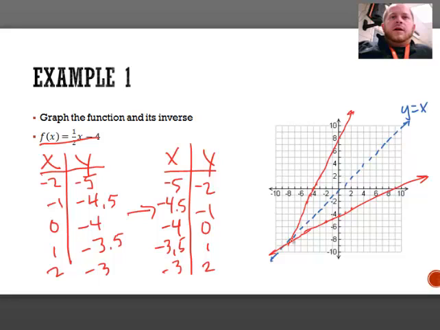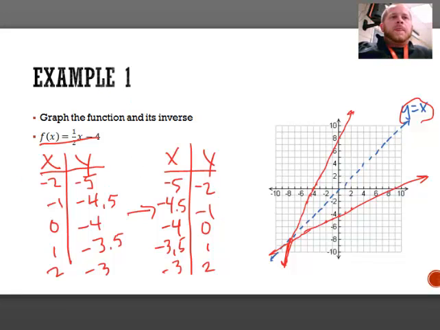Now what you can notice here is our line should cross on that blue dotted line. That's showing a good reflection across that axis all the way through. So our lines will meet at the blue, okay, on this y equals x section here. Okay, so that's a way you can check yourself to make sure that you did your inverse correctly on the